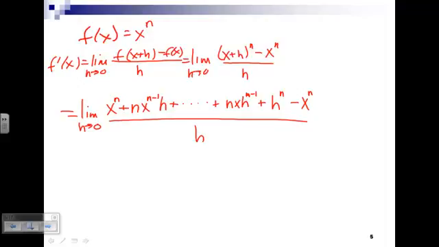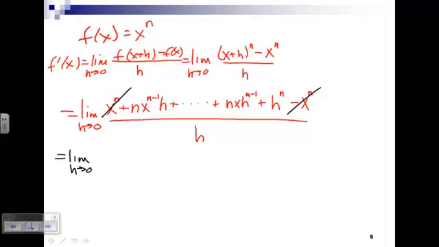Are we okay with that idea? That would be the expansion. Then I switch from my red pen to my black pen. This is just like all the problems we've done in the past. Cancel the x to the n. You cancel these two terms out. And what we're left with is the limit as h approaches 0 of,